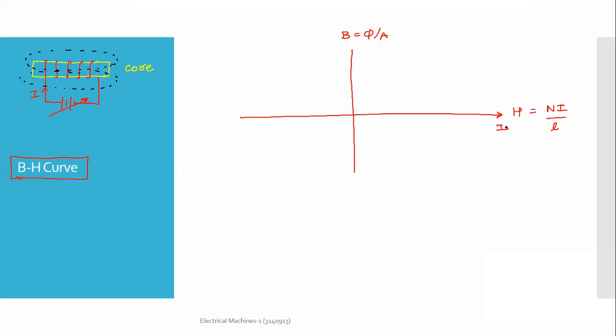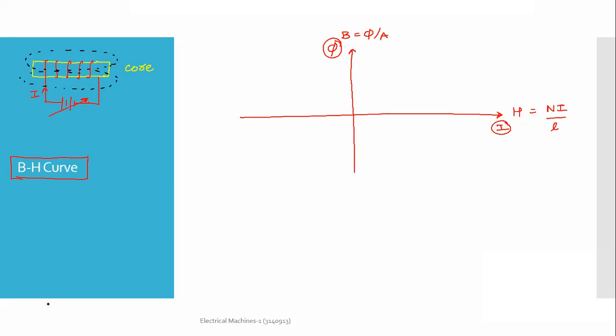So I can say here it is I versus phi, because the cross-sectional area is also constant. So whether I say it is a BH curve or a phi versus I curve, it is the same thing. And we have seen that when we magnetize the core for the very first time,